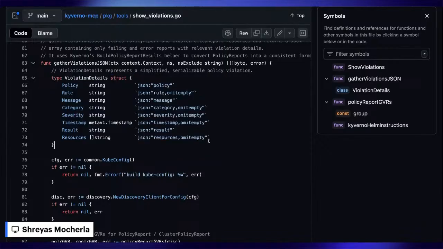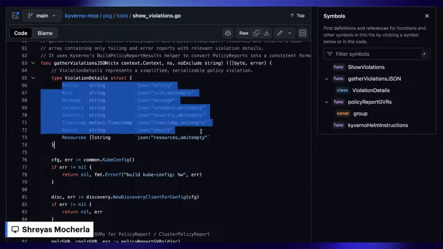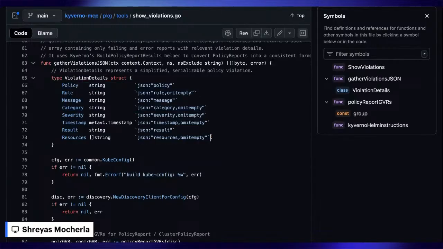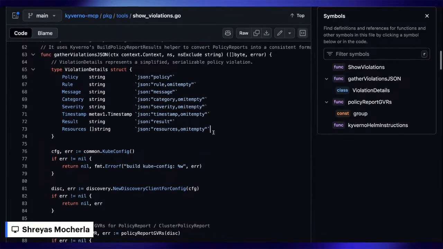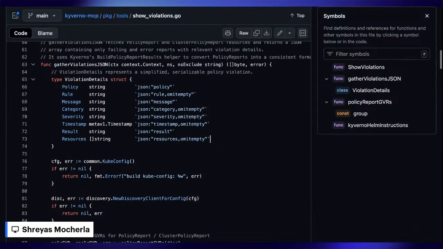Now there are AI models with 1 million token context windows, but not all of them have that. You can count them on your fingers, right? So now what we can actually do is basically take the policy report that's already existing on your cluster and put it in this nice little format, feed it back to the AI assistant, and then provide it as a result of the tool, right?